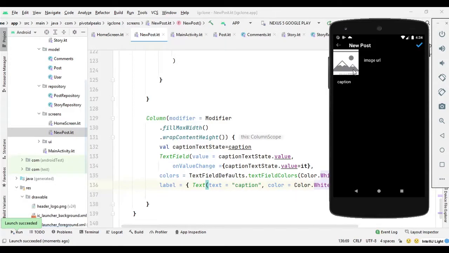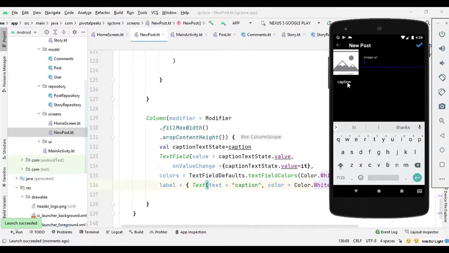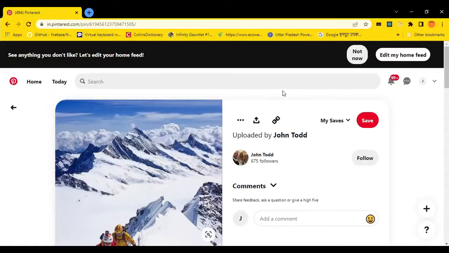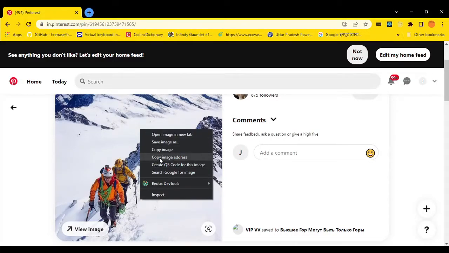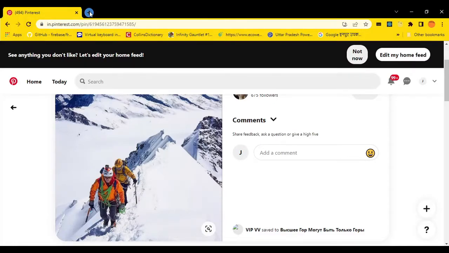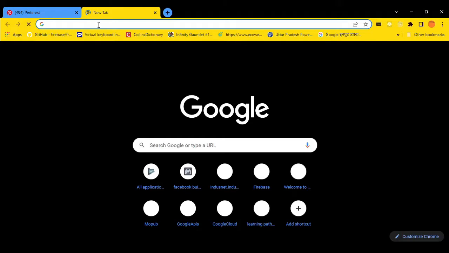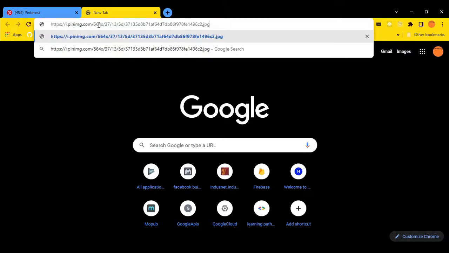So we got our placeholder and text field for image URL, and text field for caption. So everything is working fine. Well, we have not checked it yet. Let's actually check this image URL, that if it's working or not. So I am just going to grab the image URL of this image, because they have quite a short image URL. So let's copy image address, and let's actually run it here and see if the image URL is really short. It looks like a very short image URL, so we can use it.